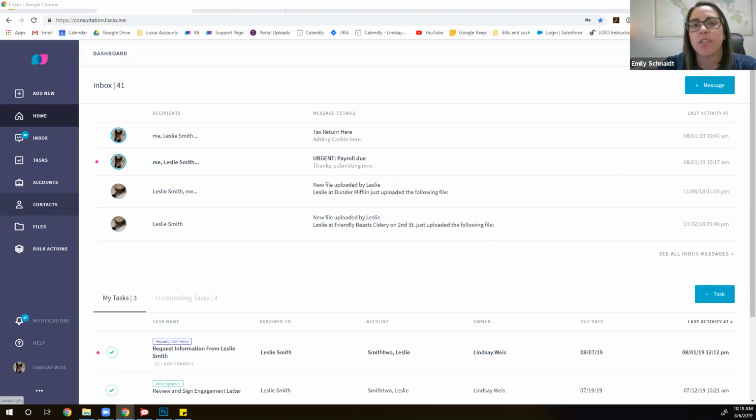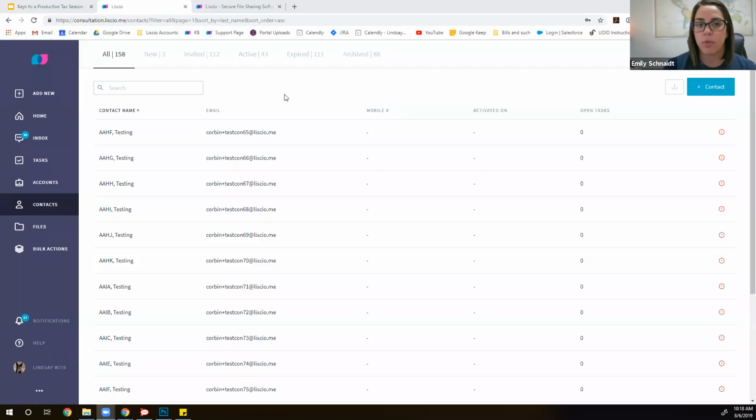So the purpose of this Excel sheet really is going to be able to see who do you have mobile numbers for and who's are missing in Listio. Now, keep in mind when your clients are activating and onboarding into Listio, we are asking them what their mobile number is, and we'll have them enter it in, and of course default to allow texting. This is actually going to be a process to help you just gather extra mobile numbers that need to be